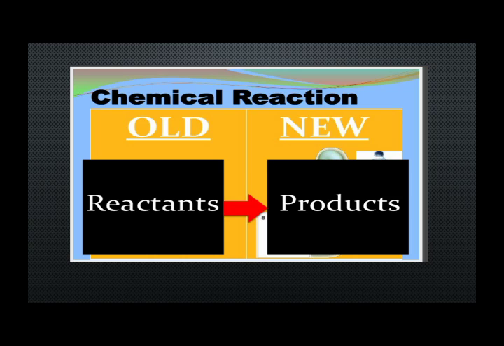So in easy words, in chemical reactions, two things are most important. On the left hand side, we have reactants, and on the right hand side, we have products. The elements or the compounds which are reacting with each other are always present on the left hand side, and whatever new compound forms as a result of this reaction, we call it the product, and that is always on the right hand side.